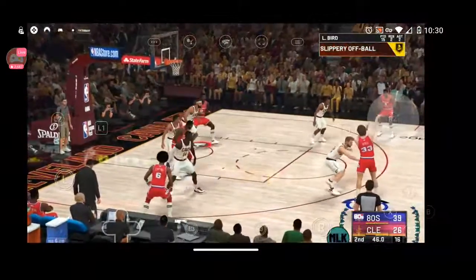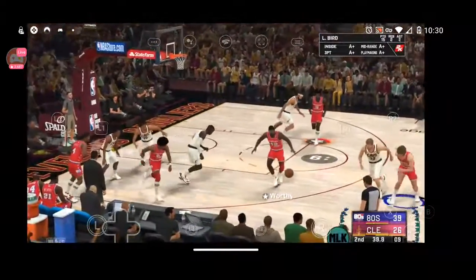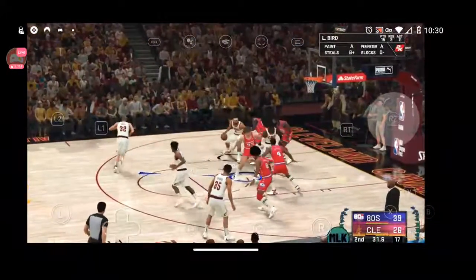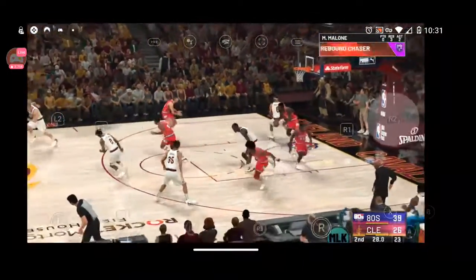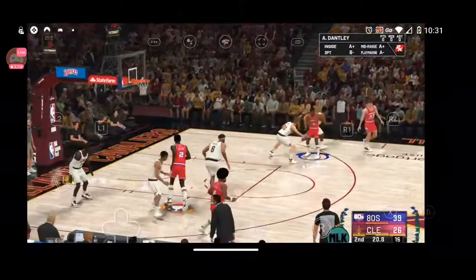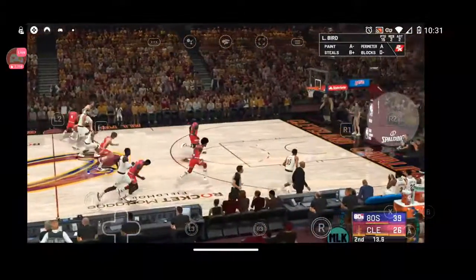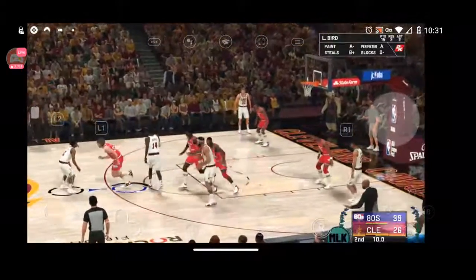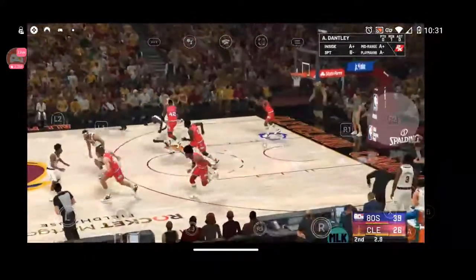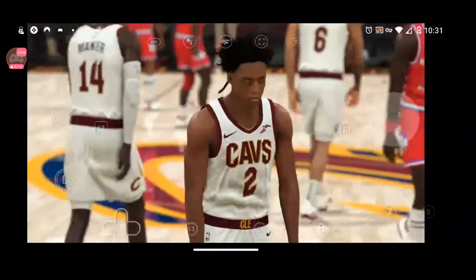Malone dishes to Worthy. Bird outside. There's 42 seconds left to play in the first half. Stolen by Okoro. Wade with it, and it's Bird picking him up. Here's McGee. And it's Malone with the rebound. Passes it to Dantley. Kicks it to Bird. Down low, stolen by McGee. Sexton deciding where to go with it. Lets it go from deep. That one misses. Gets it off. He can't hit that time. And so it's the visiting team 13 points up at the...